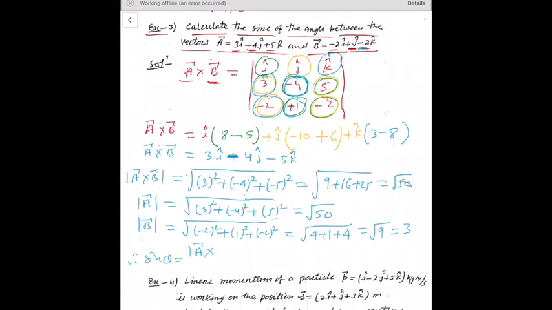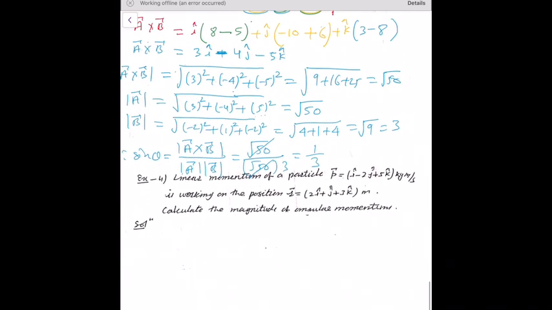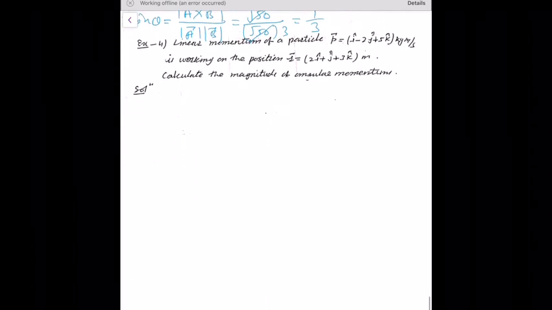Therefore sin theta is equal to magnitude of A vector cross B vector upon magnitude of A vector into magnitude of B vector, which is under root 50 upon under root 50 into 3. Under root 50 and under root 50 cancel, so 1 upon 3. It is the final answer. Next,